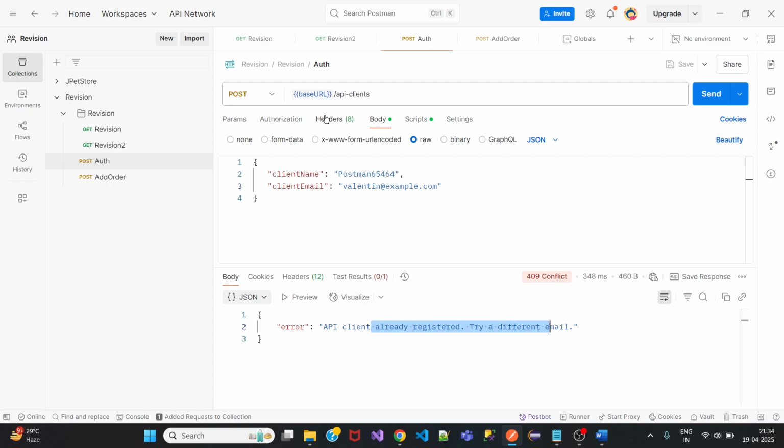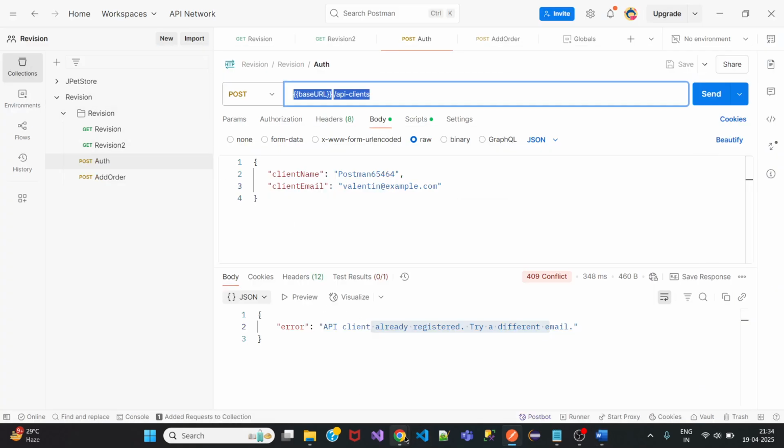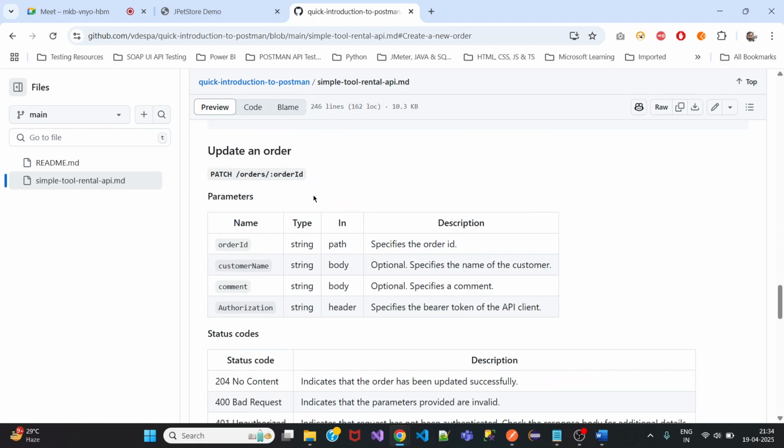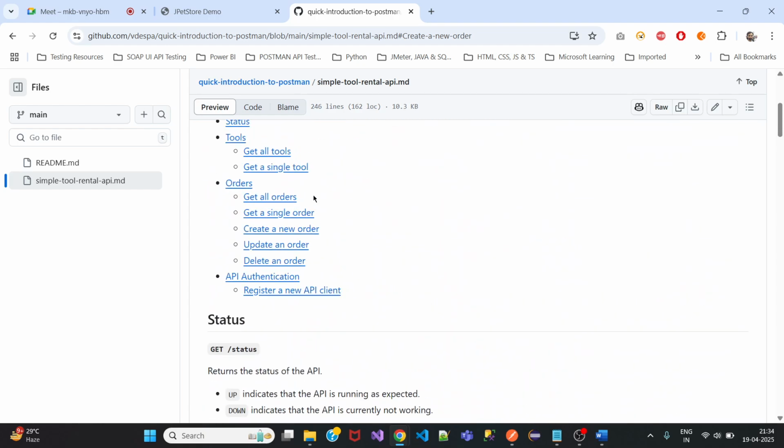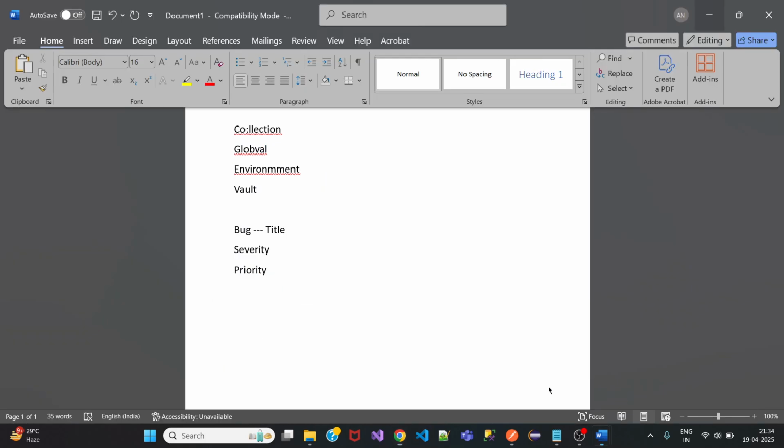We need to give this post URL. We need to give this URL first. Oh no, we can give that in the documentation. Okay, we can directly write in here. Let's say first you need to give which API you're using. It's always good to give more and more. How deep you give the information will be really useful for the developers. So we can give this and then say